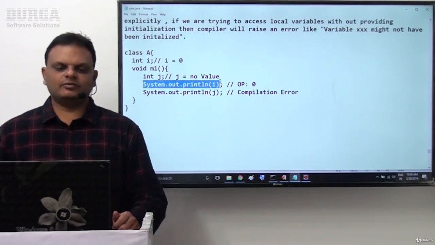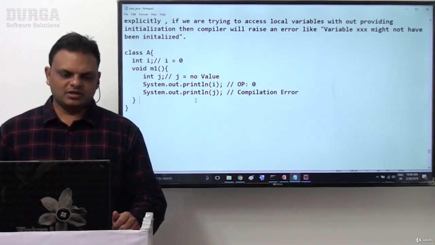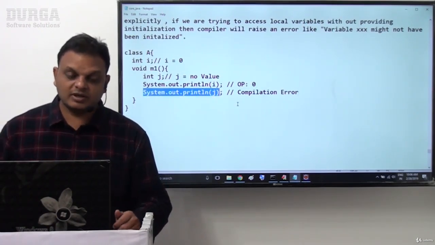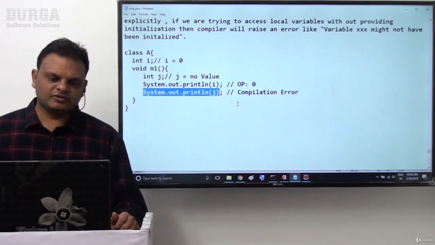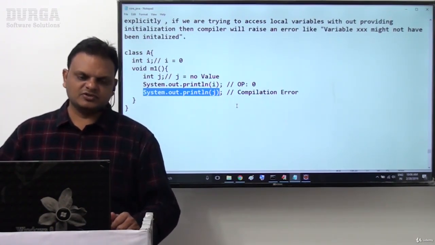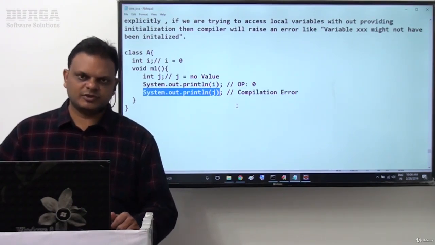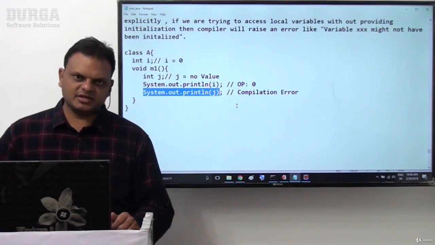If we display i, the default value will be displayed. But if we display j, which value will be displayed? We have no value for this j variable. Understand it clearly.